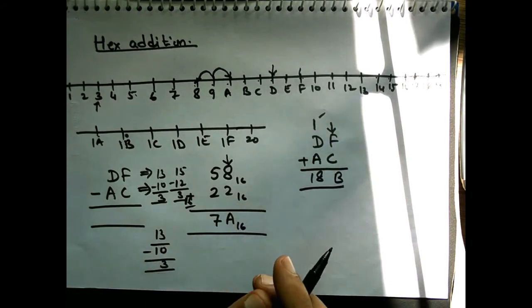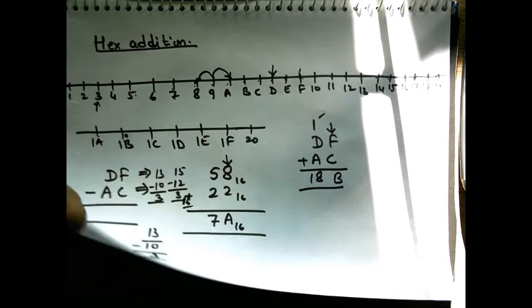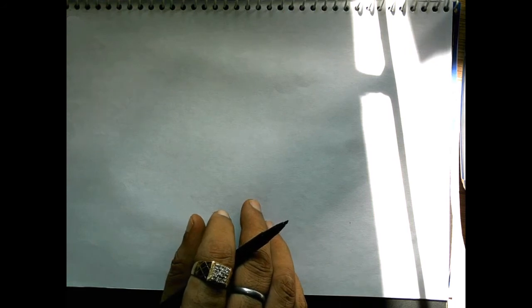This way you can perform subtraction in the hexadecimal number system. Now similarly you can perform addition and subtraction in octal numbers also. Simply, the hexadecimal number and octal number are the compact forms of representation of binary numbers